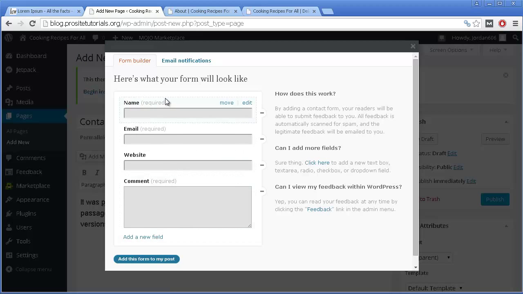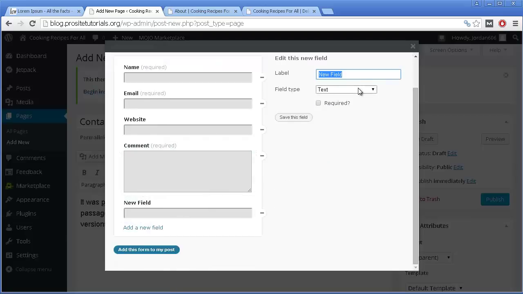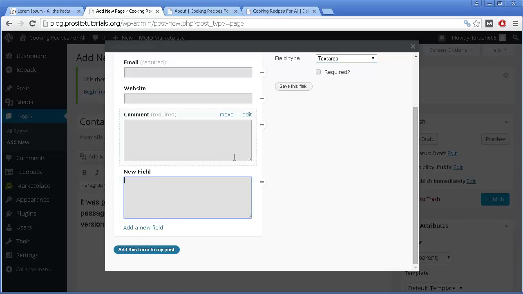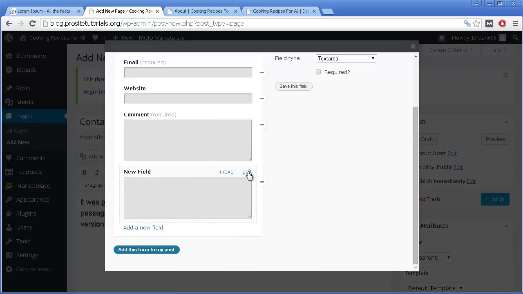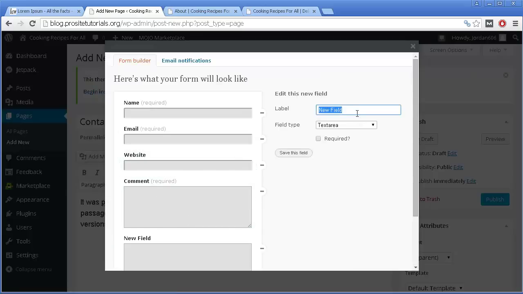And you can see these are the most common fields I mean. But you might actually want to add another field by clicking on this small link. You can actually select whatever you want. Let's say that you can even add a text area. Basically, you can, for example, edit it. You can add a label. As you can see, a label you can add